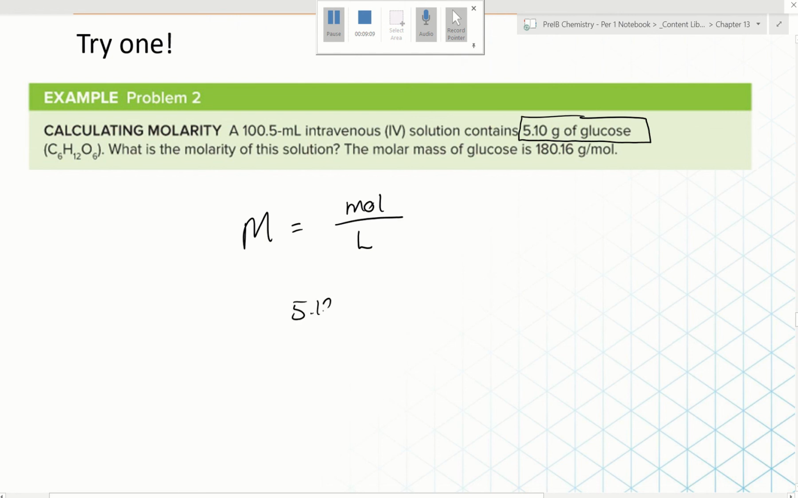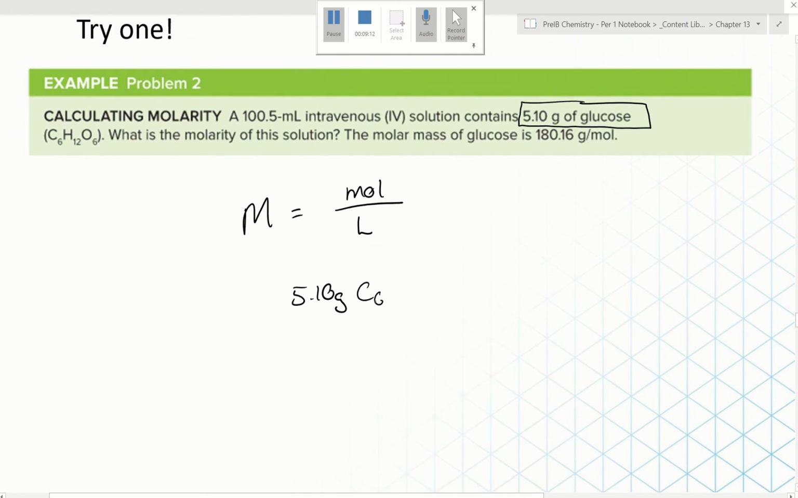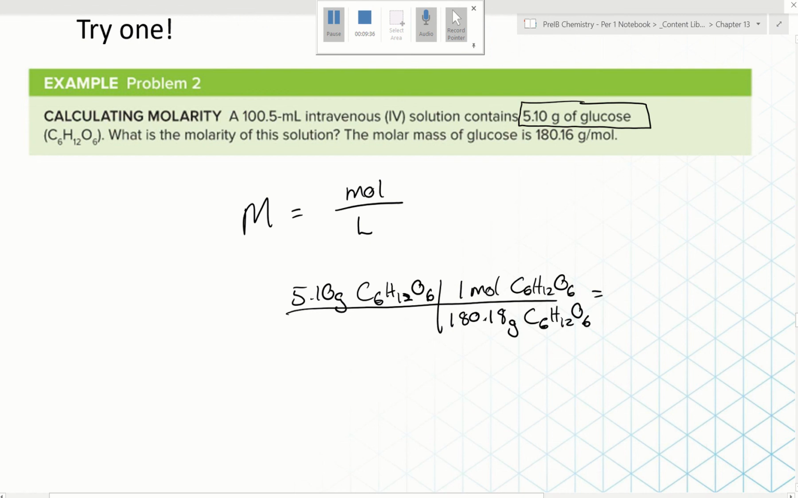5.10 grams of glucose, and we're going to have to convert that into moles first. It's going to be 180.18 grams of glucose for 1 mole of glucose. All right, so 5.10 divided by 180.18 is going to equal 0.0283 moles. So molarity is equal to 0.0283 moles